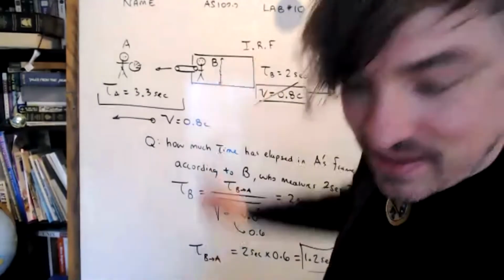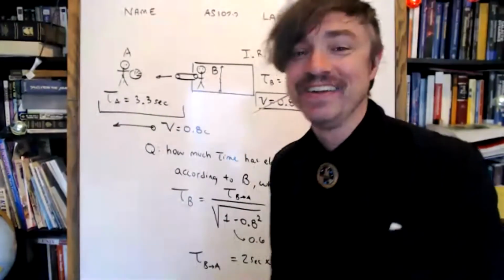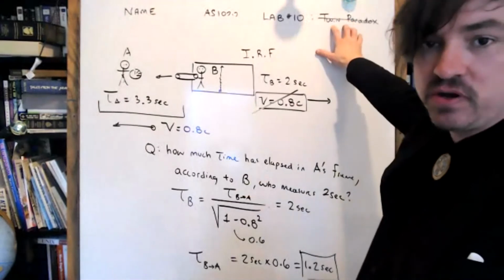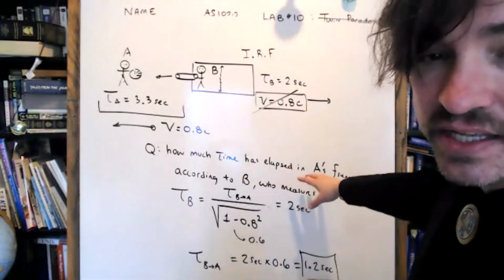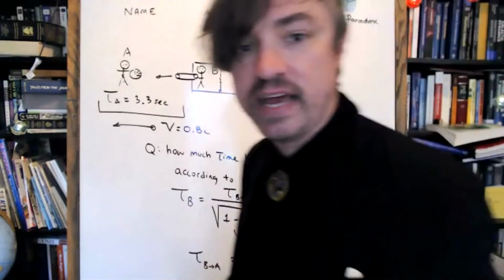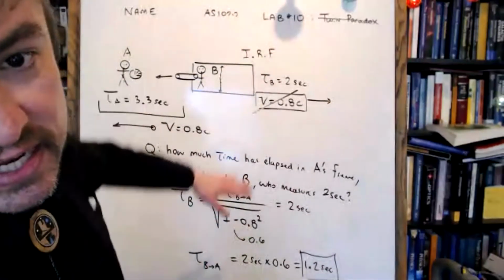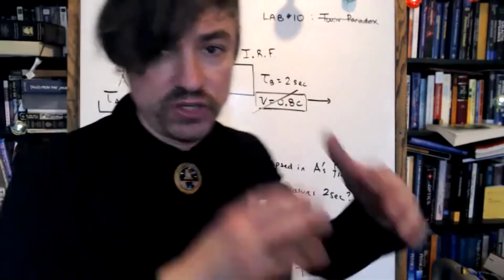Time runs at different rates, and it's always good to get complimentary drinks on your airline when possible. So this is going to lead to a much more bizarre conundrum called the twin paradox. And there are other consequences of special relativity besides time dilation, but we're out of time for today, so we'll cover those on Thursday. Now, what are you going to turn in? Everything we did to derive the time dilation formula. So just whatever couple of pages of notes you had. Can you do that for me?